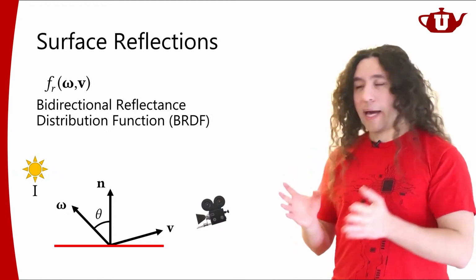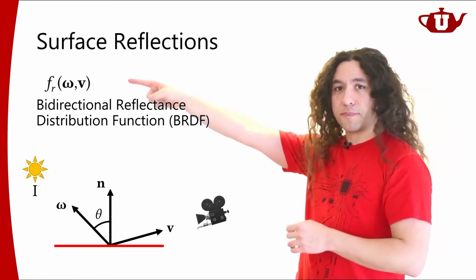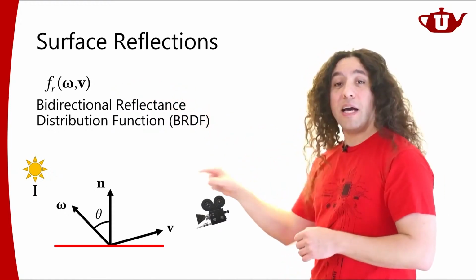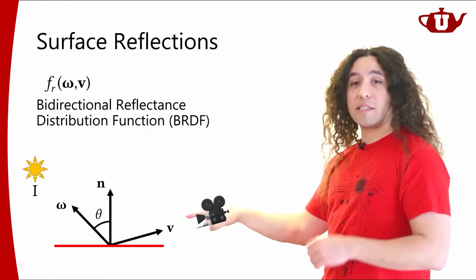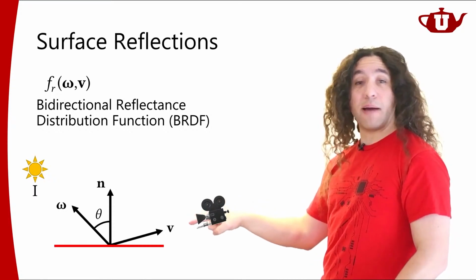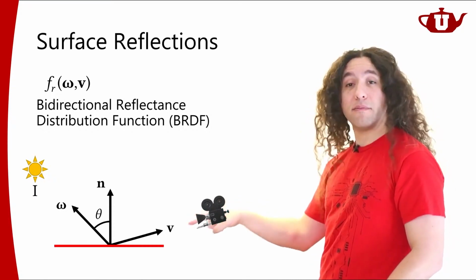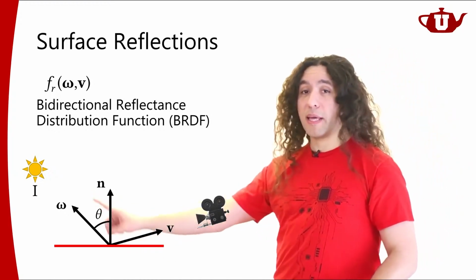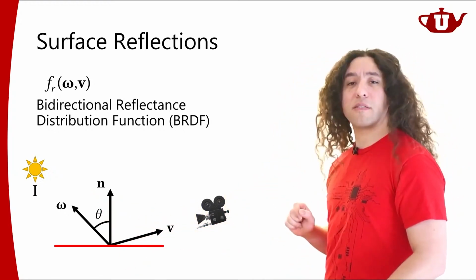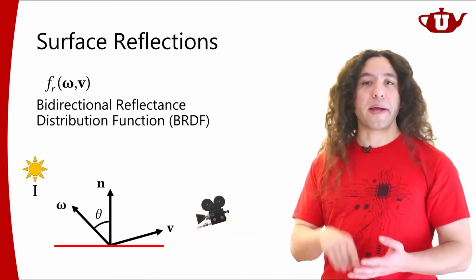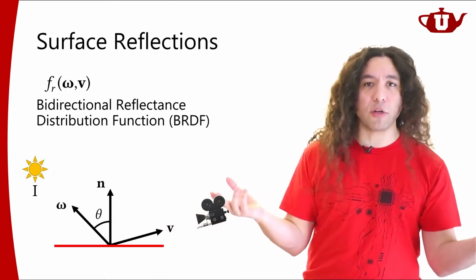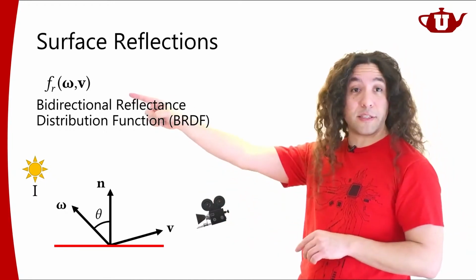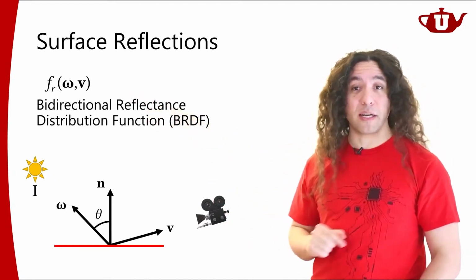What's important is that this function tells us what percentage of the light is reflecting along this direction that I'm looking at the surface, right? Along the viewing direction. What percentage of the light coming from the incoming light direction is reflected along this direction. So this includes both specular and diffuse and whatever else you might have in your material model. I don't care what it is. I just want to know the percentage. Okay? That's the general model.